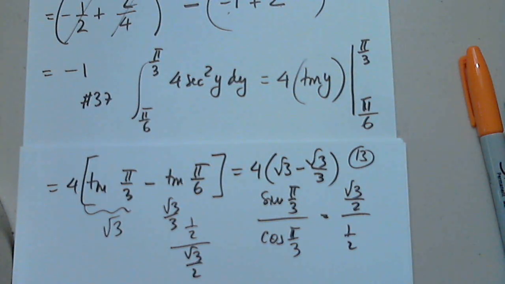2 pi over 3. And this is 4 secant squared. And remember, secant is not in the calculator. You have to write it as 1 over cosine. So 1 divided by cosine